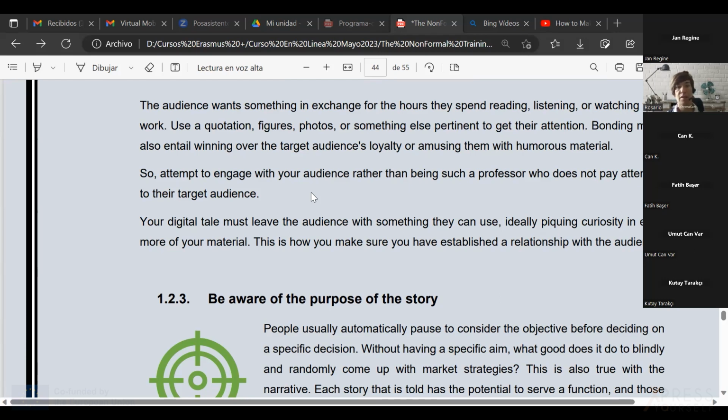So engaging with them is something good to be done as well. You can engage with your audience by the tone of your voice, as I said before, but also with your body language. Right? I am sitting here now because it is a different thing. It's not a short storytelling. It is a long course, or a course not so long, but of a few days with few hours each.